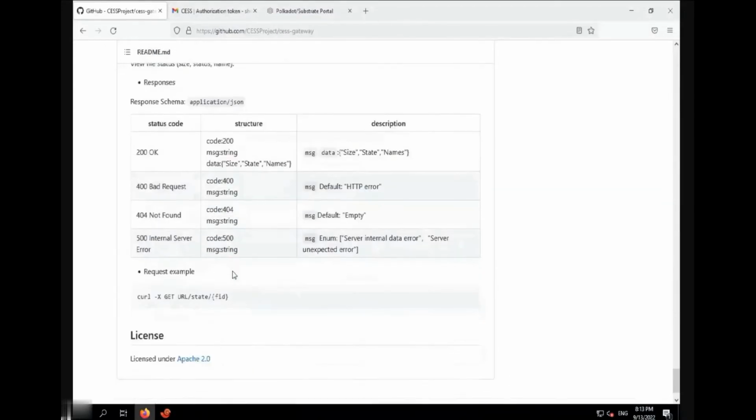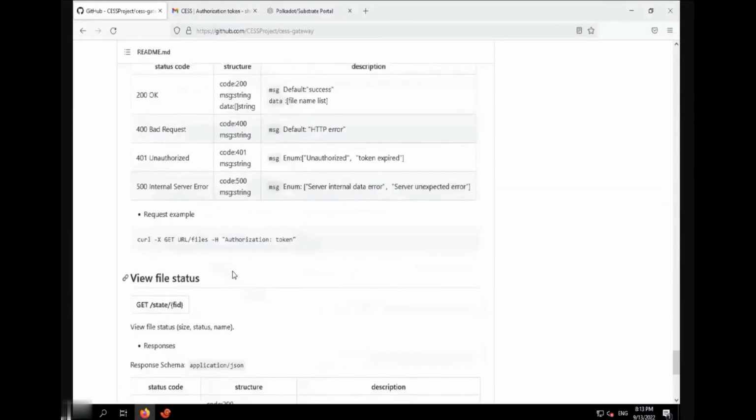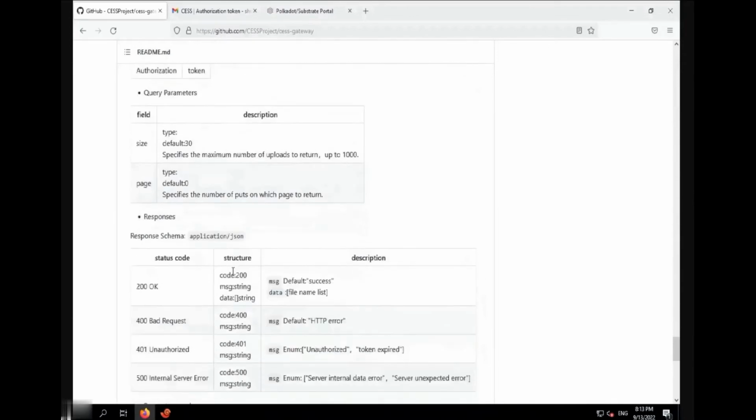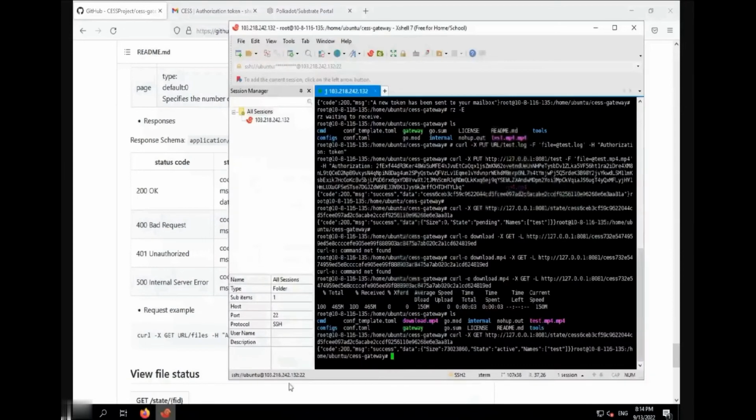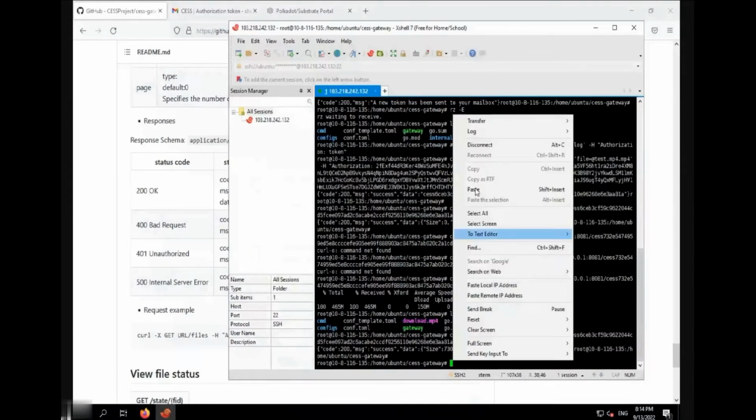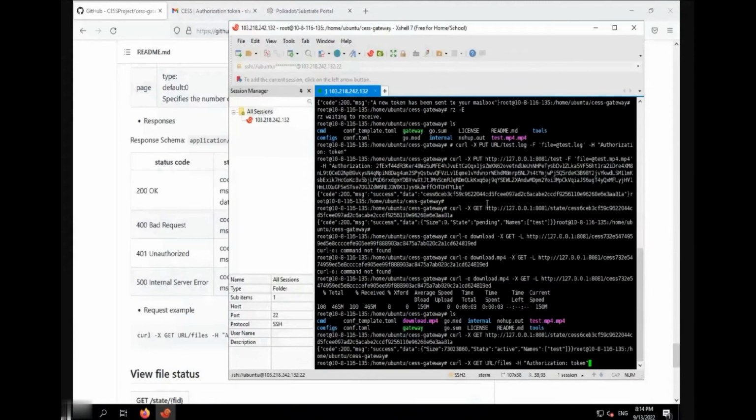Finally, let me demonstrate the operation of querying the file directory on the query list of all the files under the user token. This is going to be the same procedure. We will need to change the URL and the token.